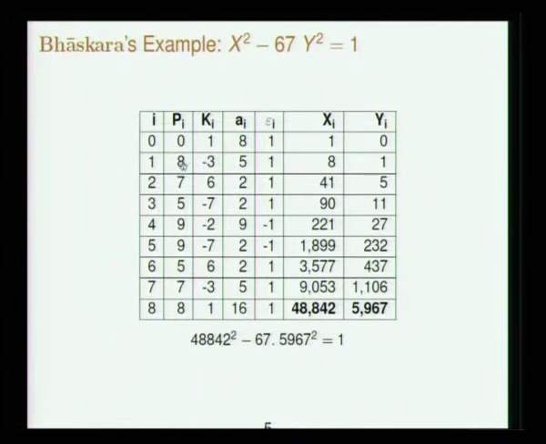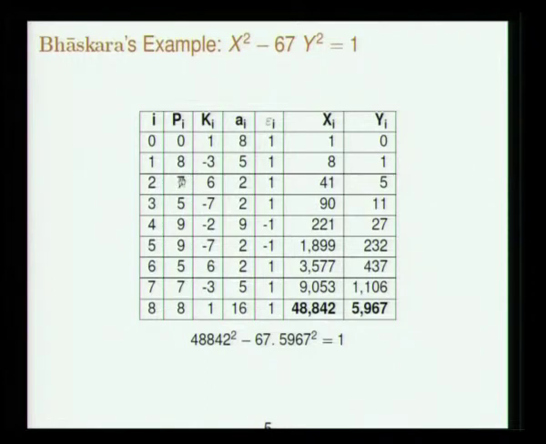Next step, to 8 you have to add p i plus 1 such that it is divisible by 3. So possibilities are 4, 7 and 10. Of them 7 squared, 49, is closest to 67, choose 7. So 7 squared minus 67 divided by minus 3 is 6. In this case you get p and k to be 7 and 6. You can fill up this a i column also. a naught is 0 plus 8 by 1, that is 8. a 1 is 8 plus 7, 15, divided by 3, that is 5.